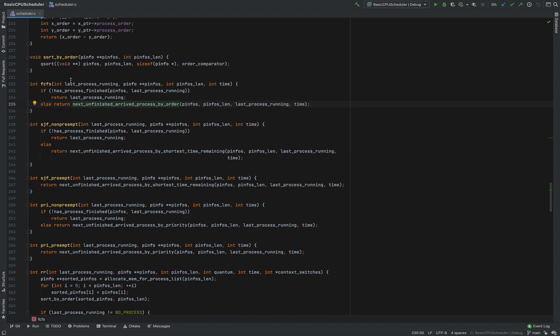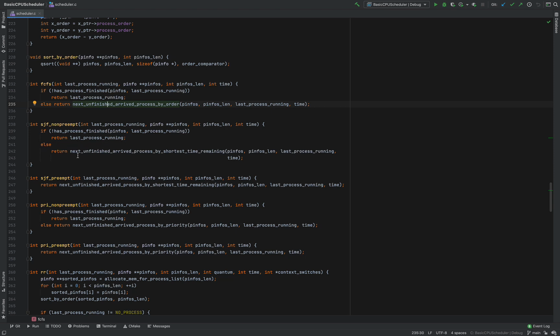So now that we have looked at the FCFS function, let's take a look at the SJF non-preempt function. Now this is very similar to FCFS because FCFS was also non-preemptive, and what SJF does is it first figures out if the last process has not yet finished running, and if that is the case, it still continues to run the last process.